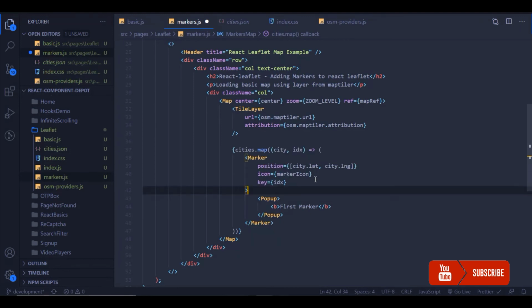And we can change this pop-up content to the city name. That is also coming from this city.city.